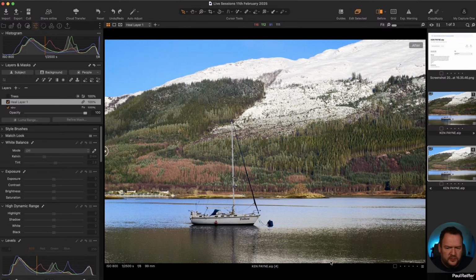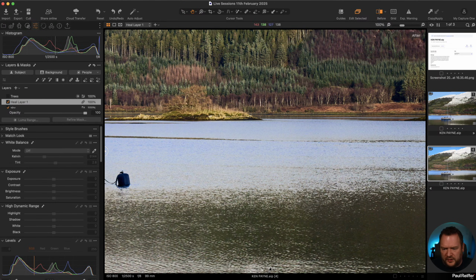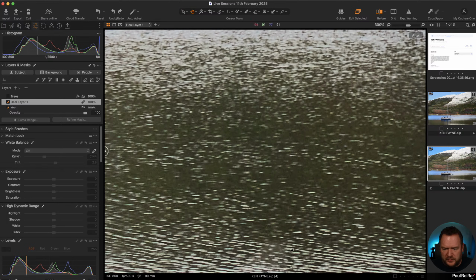Removing these using the healing tool, I'm not going to go into that. It's a good reason to do it, but look at this here, it is clear that something has been removed. And if I look at why it's clear, let's look at our mask and let's go to my healing tool itself, and we can see it's picked up from here and moved it to there. You need these ripples to be similar in their source and their eventual location.